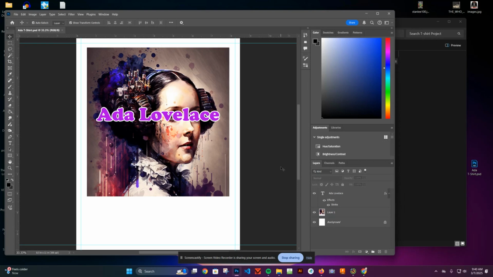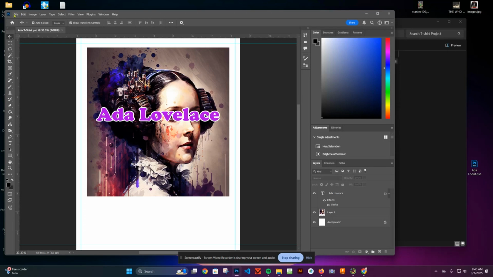But sometimes in the last step of our project, we need to export something as a JPEG. And in this assignment, we also need to reverse the image so that we can print it on transfer paper so that we can make a t-shirt out of it. Okay? So here's what I suggest you do with your finished design. So here's my finished design,